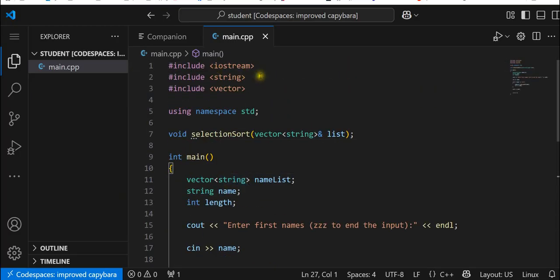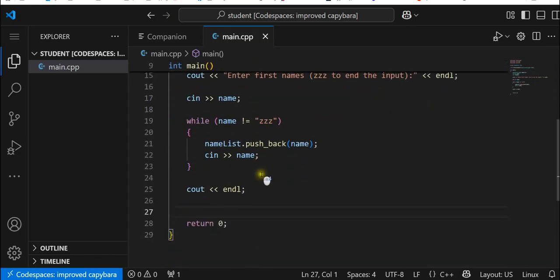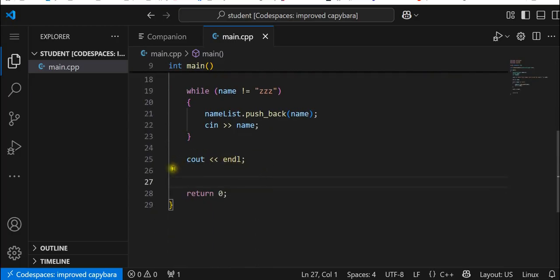So here we have our string vector that stayed the same. Now our function is going to be select sort vector string and list. Make sure you got that correct. Everything else should be exactly the same as 16-11. So once we go down to 25 where it says after our while statement and then inline, we're going to do our selection sort. Some more of this is probably the same too, but I'm going to copy the whole thing. Let's go selection sort,